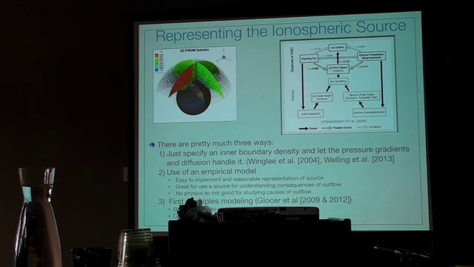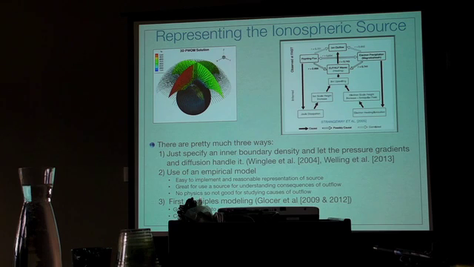Outflowing velocity, you'll get an outflow generated. This is basically what Wingley did. Dan Welling has a nice paper exploring that in more detail. And the plus side of this is it's really the easiest thing you can do. The downside is that the inner boundary density isn't responding to any causal input. So